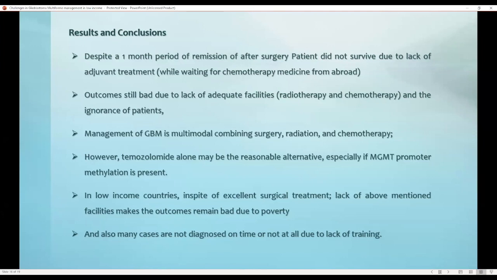The patient recovered all functions after the operation, and we planned for radiotherapy and